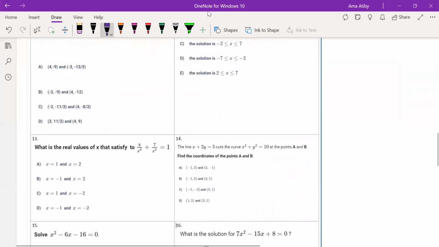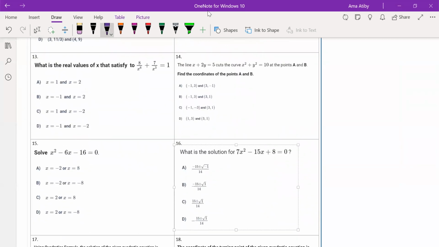Right, so now we move on to question number 13. This is about solving complex quadratics. If you are dealing with a question like this, we just need to take some assumptions here. Because here we have 8 multiplied by 1 over x to the power of 6, and then 7 multiplied by 1 over x to the power of 3 equals 1. So let's just take this